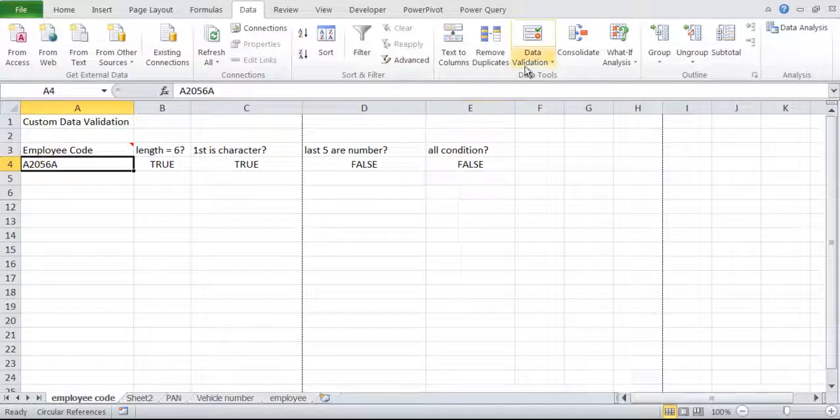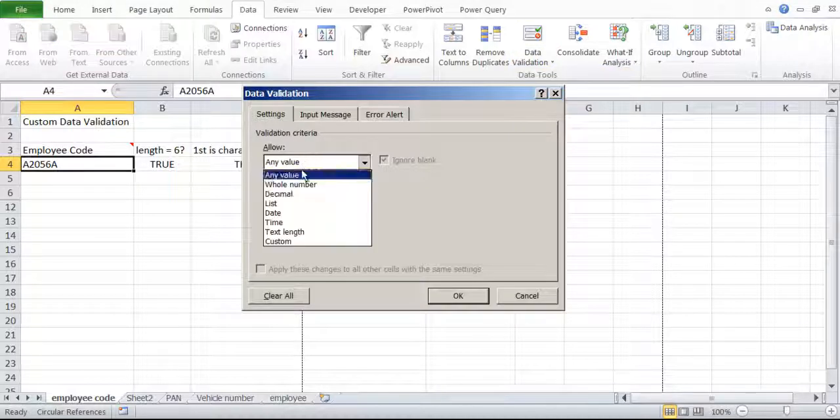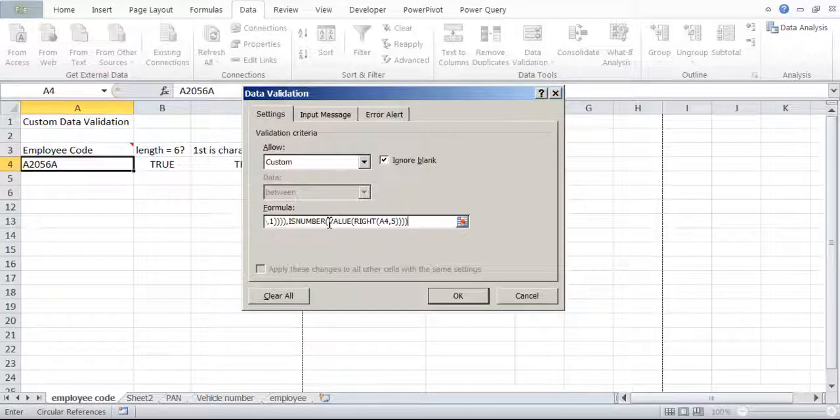We go to data validation and then custom, and we'll paste it. Please remember that your formula should have equal to, otherwise it will not work. So ensure that your formula will have equal to. If the formula does not have equal to and you write like this and you say okay,